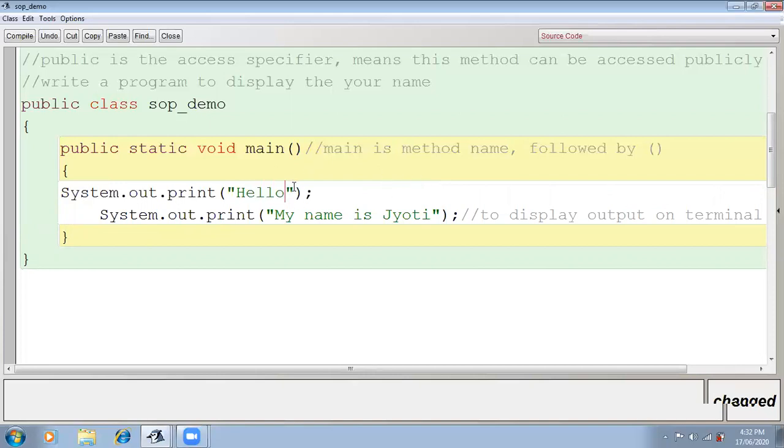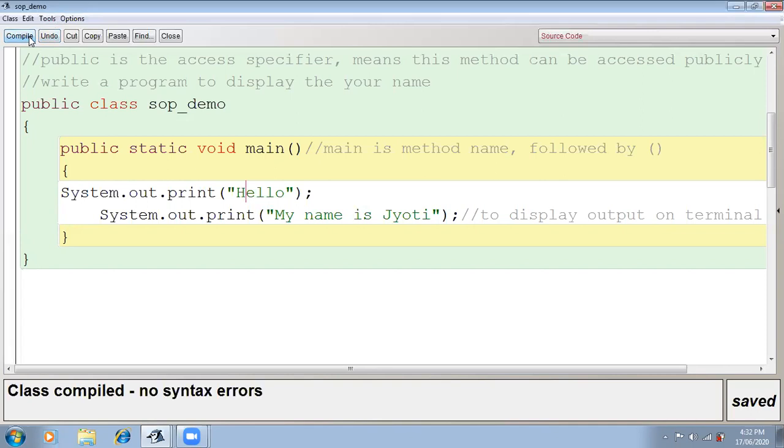Whatever I write in the double quotes of this parenthesis, as it is, it's going to be displayed. If I write a capital H, it will be displayed in capital H. If I write a small h, it will display in small h. Understood? Clear?